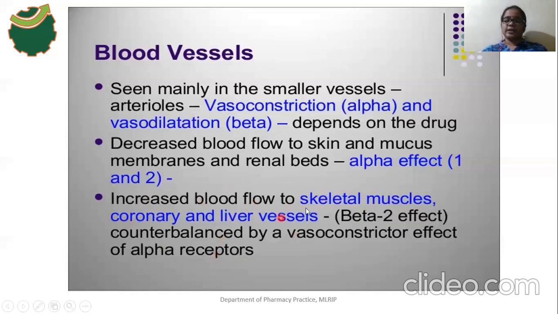Then what will happen? What is the mechanism of action of beta 2 receptors on smooth muscle? That is the dilation effect. Dilation effect is nothing but the relaxant effect. So as a result of vasodilation, there is an increase of blood flow to the skeletal muscles, coronary vessels and liver vessels. Because of that, if adrenergic drugs bind with the beta 2 receptors, vasodilation occurs at the skeletal muscle blood vessels, coronary vessels and liver vessels. Okay,